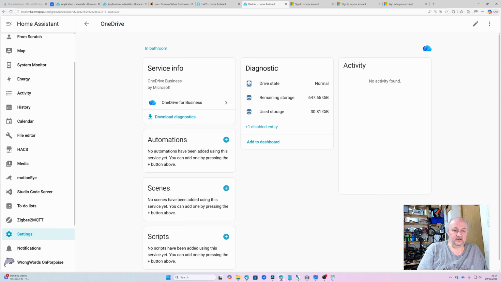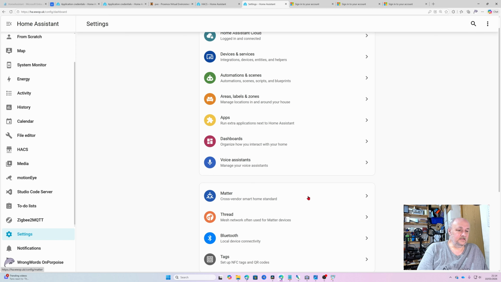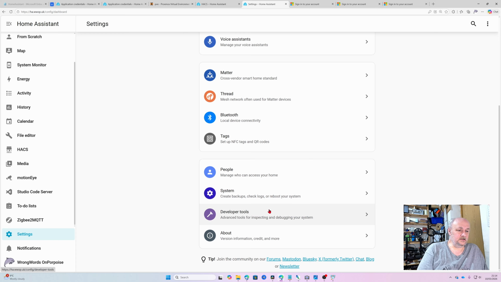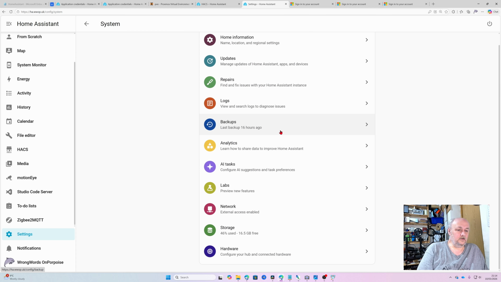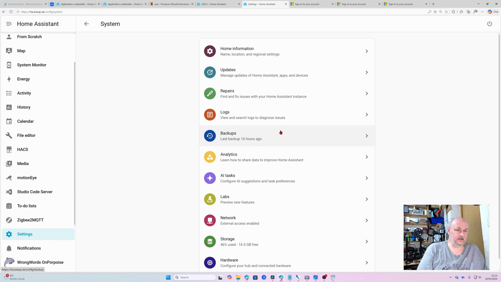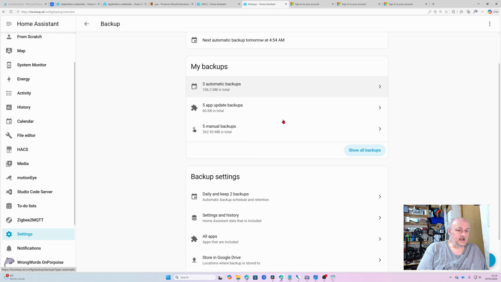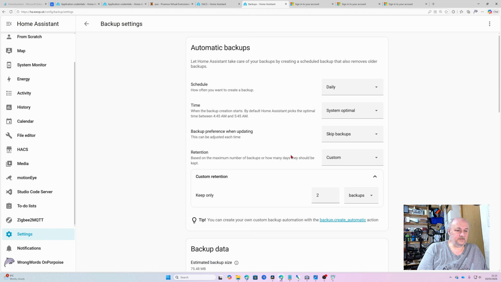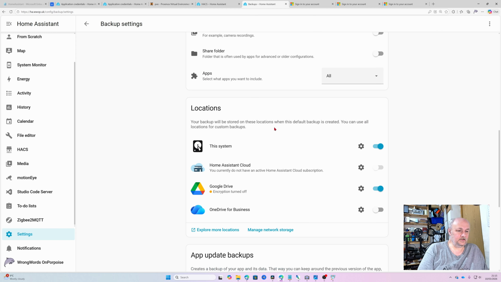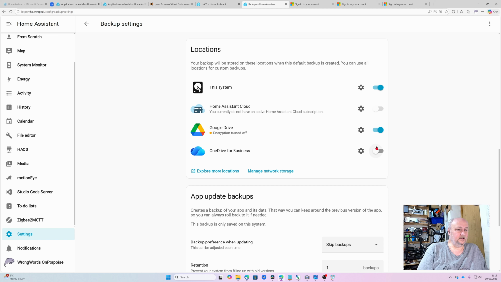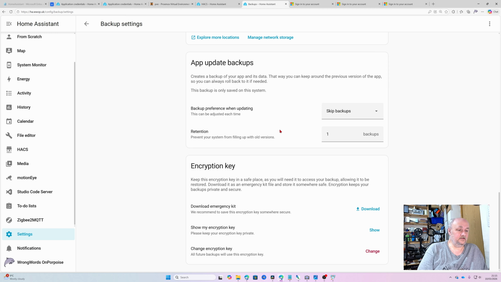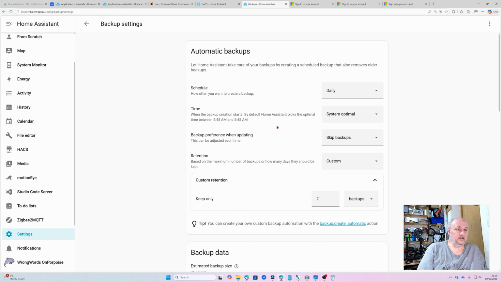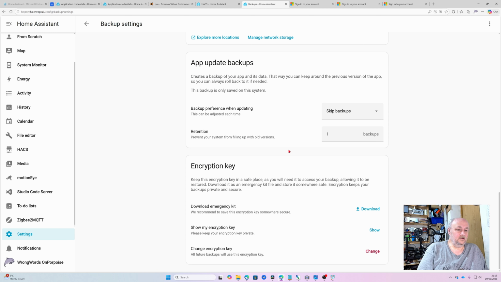What you can then do is go into settings, go into system, go into backups and backup settings, automatic backups, and where can I back up to? I'm going to switch Google Drive off. I'm going to add OneDrive for Business. Okay, and we're all set up,